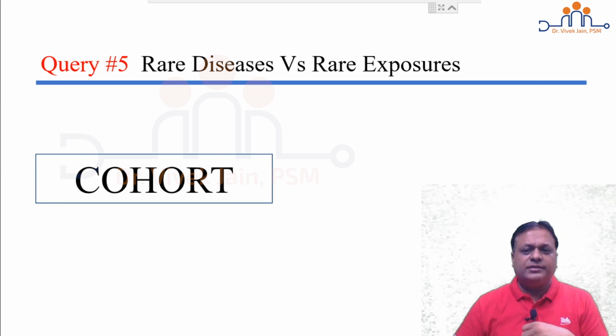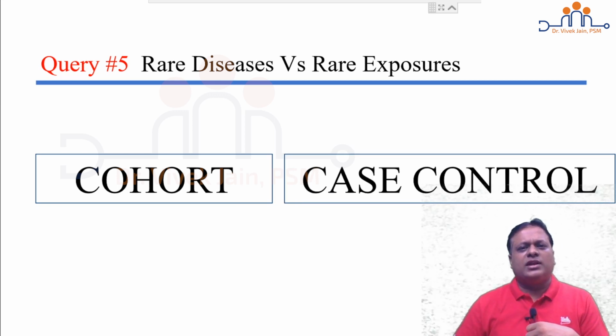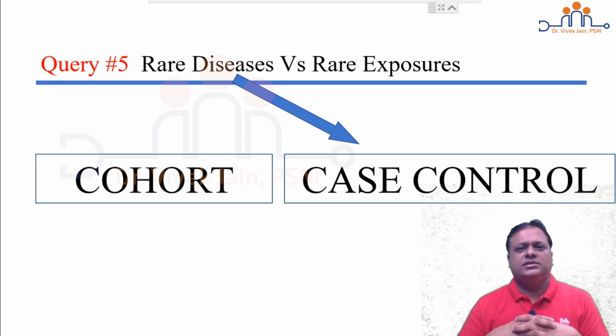So what should be done? We should rather undertake a case control study for a rare disease. Why? Suppose you have a rare disease in our country where there will only be 50 cases of that disease. Take those 50 cases. Take controls for that. Equal number of controls, or best is 4 times the controls, 200 controls. Now you take 50 cases, 200 controls. You have cases and controls ready for a case control study.